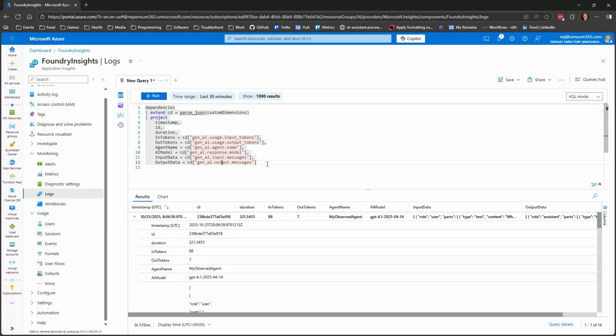So I will put this in the description of the video, so you can grab this and use it in your own logs. Or, since OpenTelemetry is open, as the name implies, you can use it in other places. But this is how you do it up in Application Insights. In Azure Foundry, you have direct integration, and in Aspire dashboards, you can get them there as well.